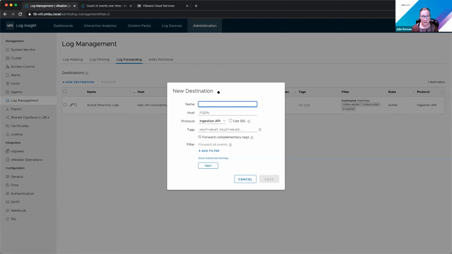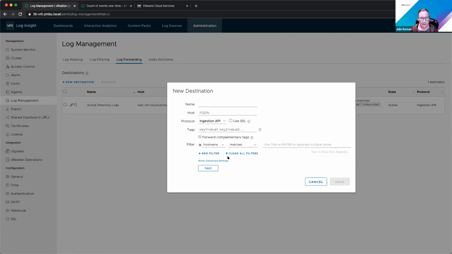Instead, they have a redundant copy, either in the same data center or another data center. In that case, they can use the ingestion API because that is Log Insight specific. We use it for agents or forwarding between Log Insight clusters. And we have some enhancements over syslog because it'll retain all of the original host IP information.